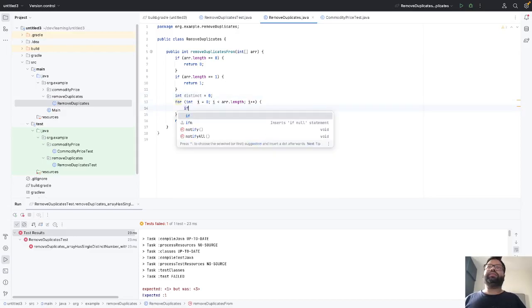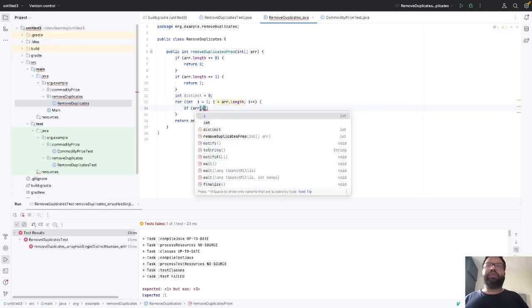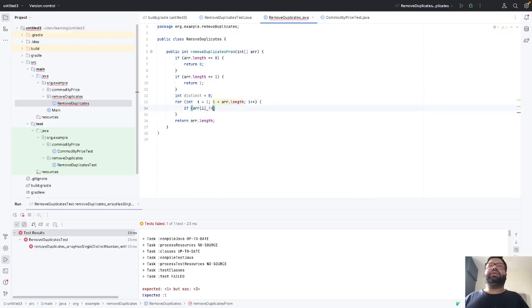If arr I not equals arr I minus 1, distinct plus plus, right? And we would return